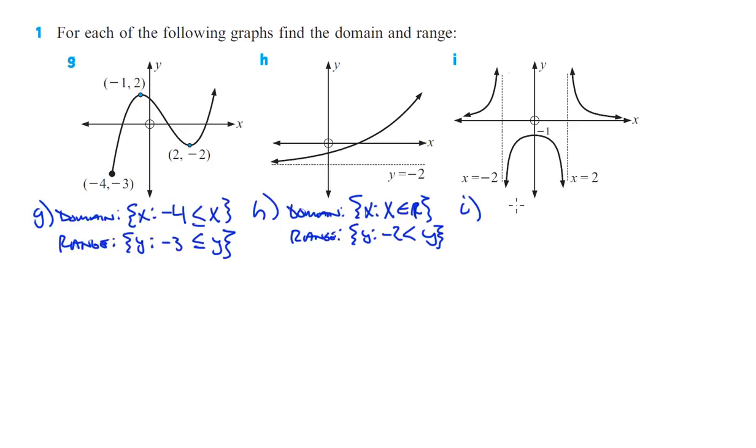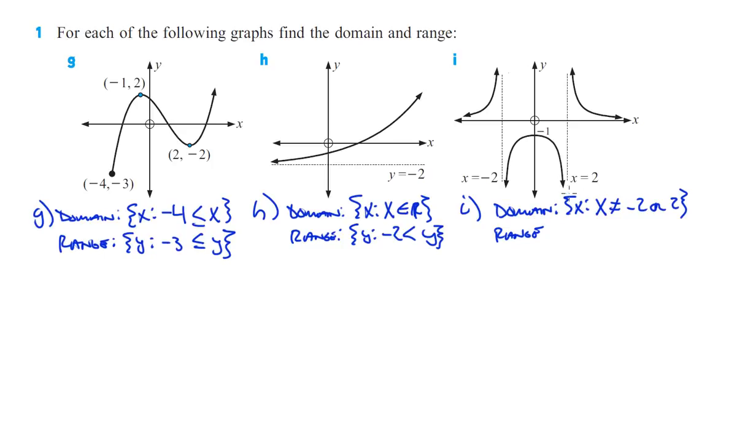I, okay, domain is X such that, so now if you look at this here, it goes forever and ever to the left, goes up here, it doesn't hit -2, but it hits everything in between. It doesn't hit +2, but then it goes on forever and ever to the right. Okay, so it's X such that X cannot equal -2 or +2. Okay, so that's going to be our domain, and then the range